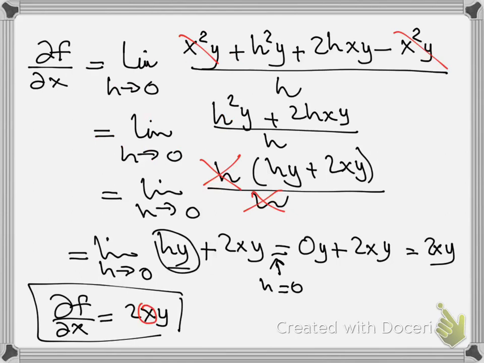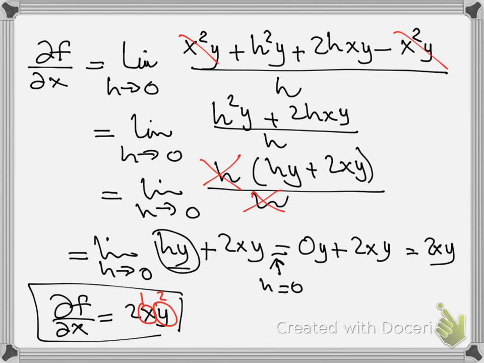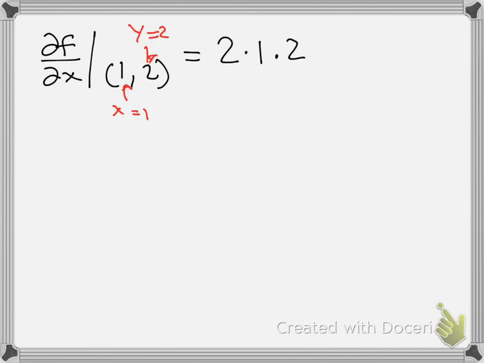So this x here is 1 and this y here is 2. So it's 2 times 1 times 2, which is equal to 4. So partial f partial x at the point 1, 2 is equal to 4, which means, again, this 4 here,